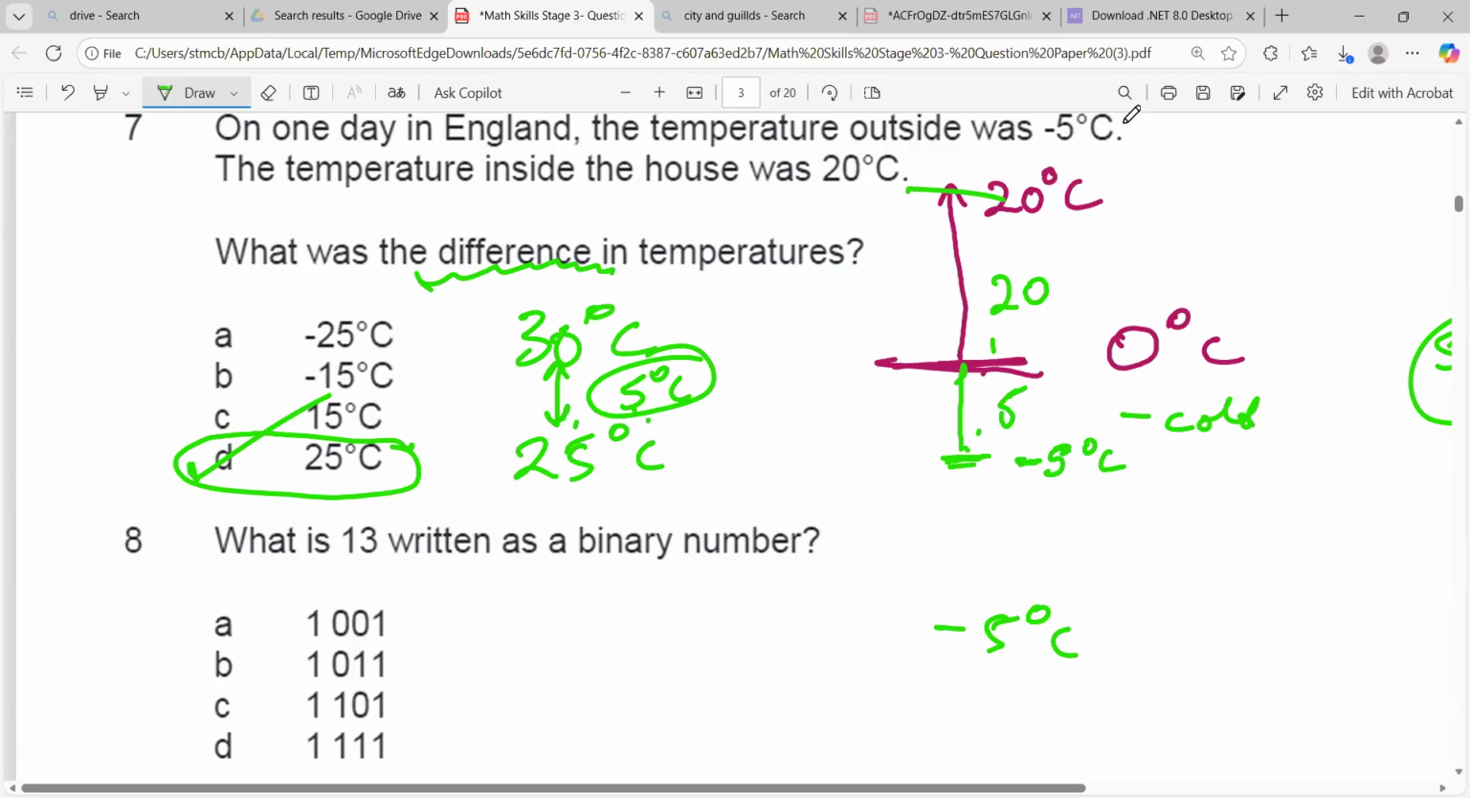As I say, people always struggle to understand, but it's not that hard. Because they have the negative in front of it, don't look at it as a negative, just look at it as cold temperature. So it represents like